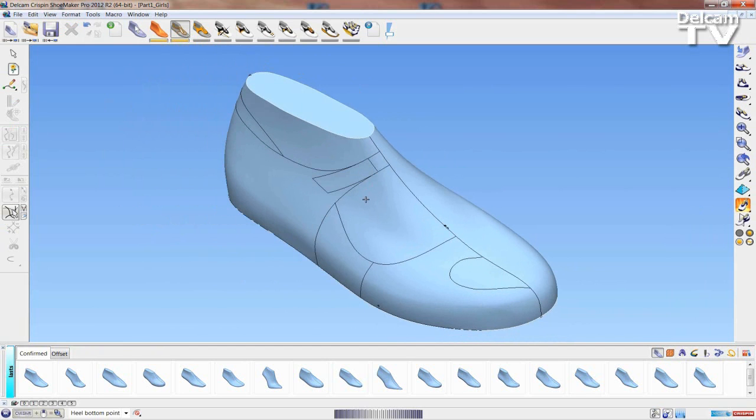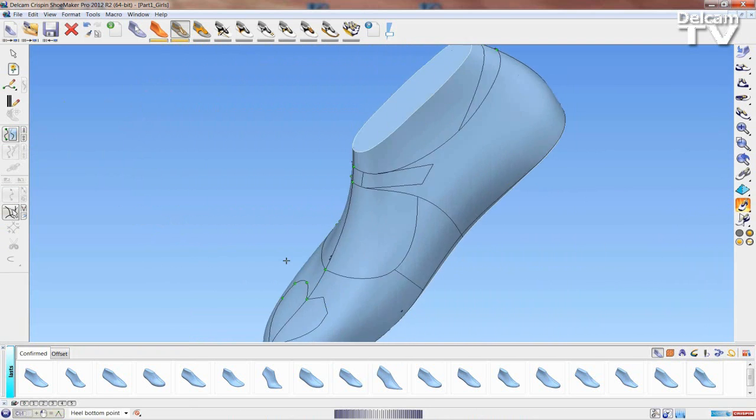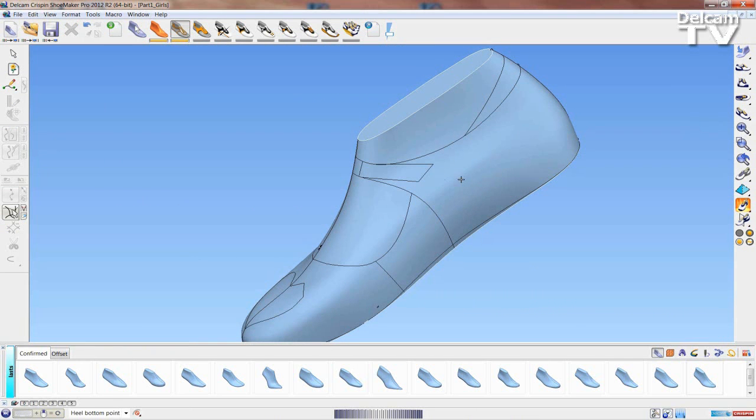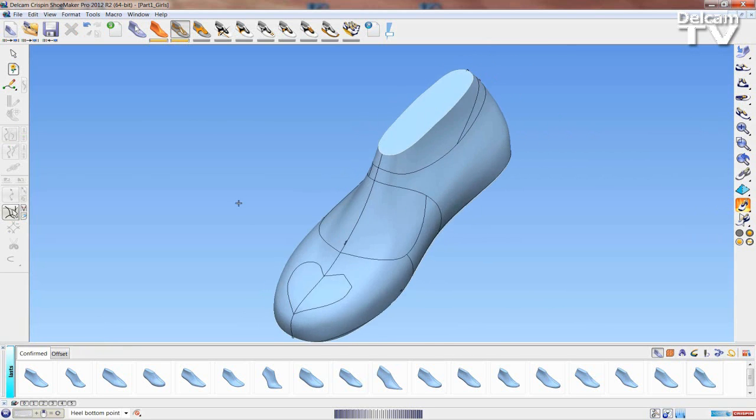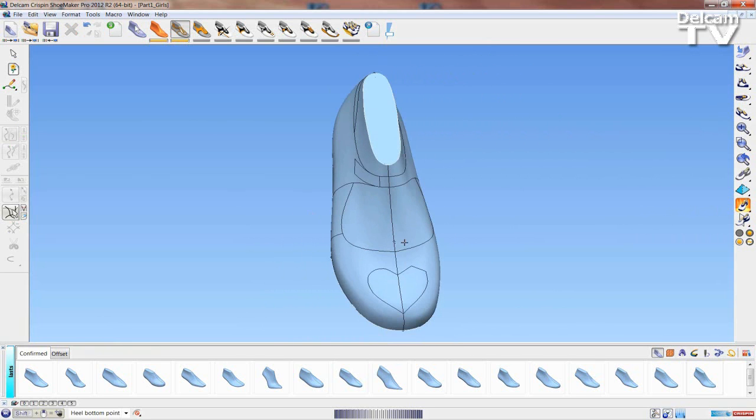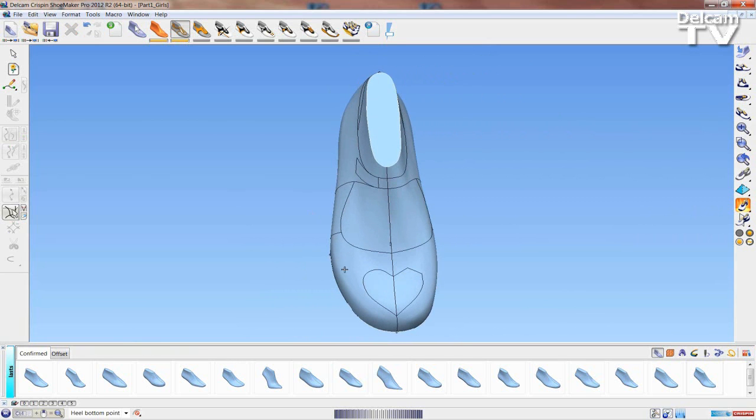Once all of the design lines are in the correct position, select them all and then use the unlinked mirror icon to transfer them to the inside of the last. Some of the lines are unnecessary, so select those and delete them. For the heart shape we're going to use a separate stencil, so select these and delete those also, and then